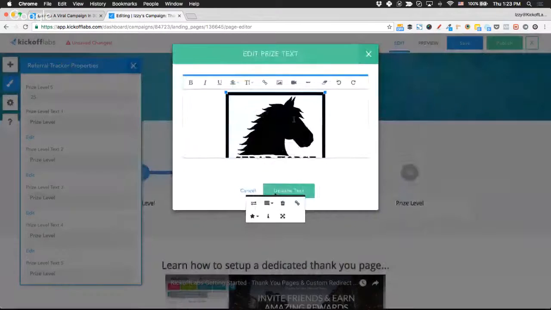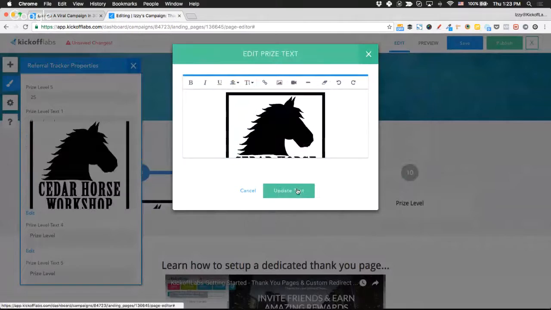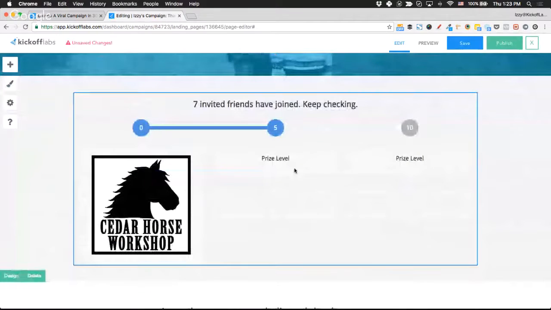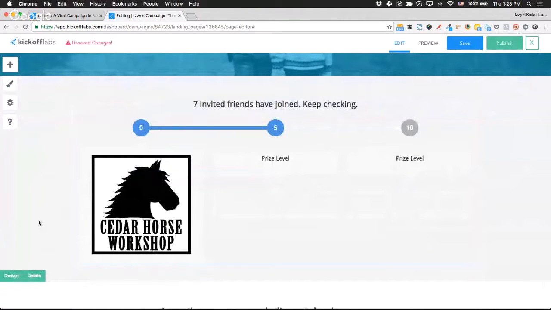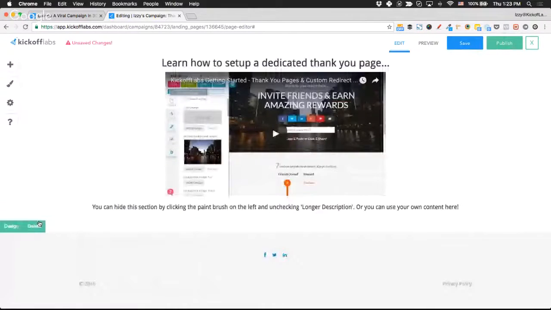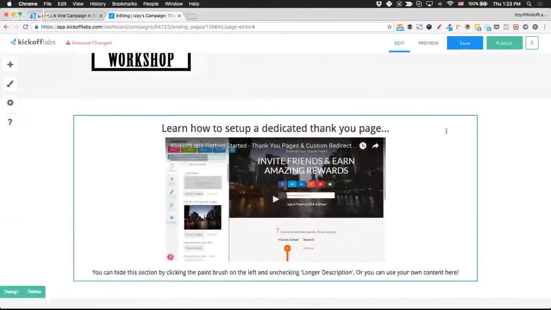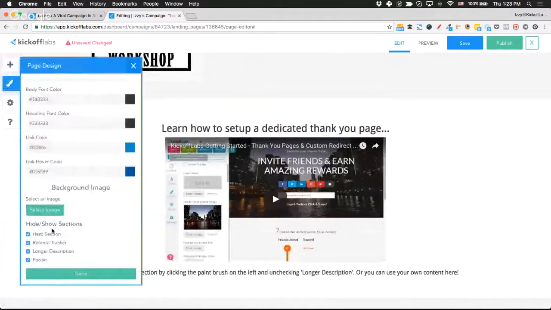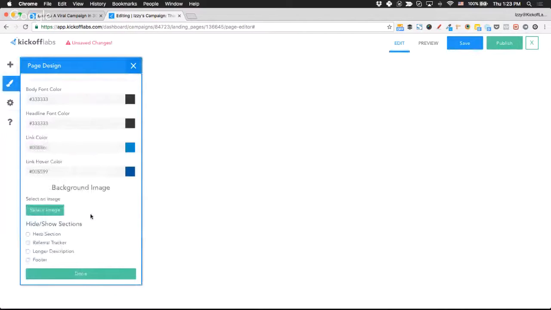Let's say I wanted to add this little thing as an image here. All you do is do that, and it's added as an image, so people can actually see images underneath those little prize levels. So really cool, really easy. Just in case I wanted to hide sections too, because you can see that there's this lower section here at the bottom. Just in case I didn't want this, you can go to, I believe it's the page design, and you scroll down and you see the hide show sections. You can see that I can just quickly and easily hide a section if I wanted to. That's just how I can quickly hide and show these sections.